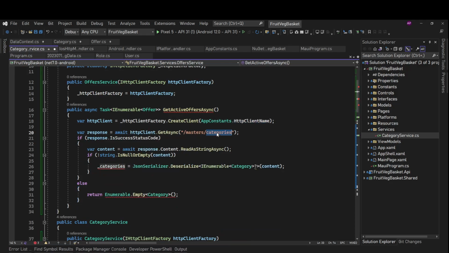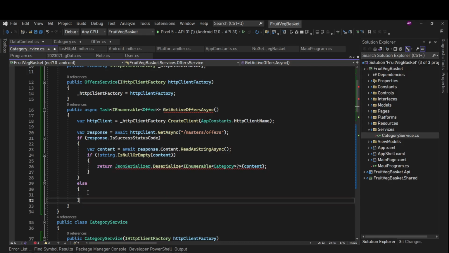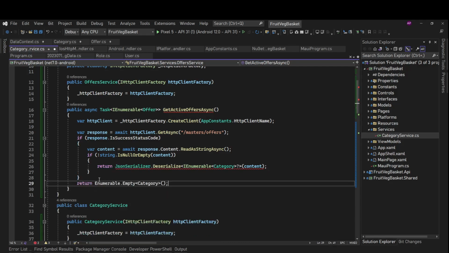The only thing which is going to change is this offers, and from here we'll return this, and this is not going to be an else part. This will always be like this. Instead of category, it should be offer, and this should also be offer. And we are good. We don't need this.